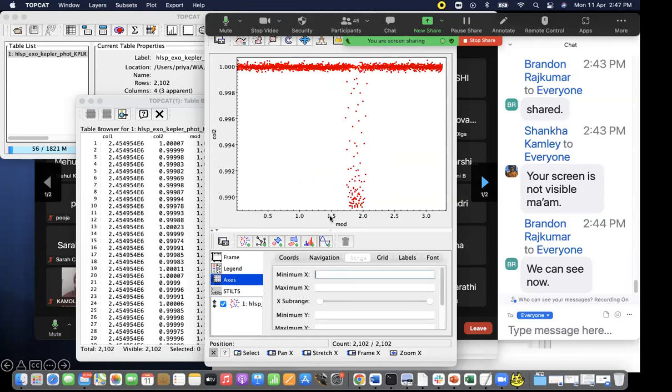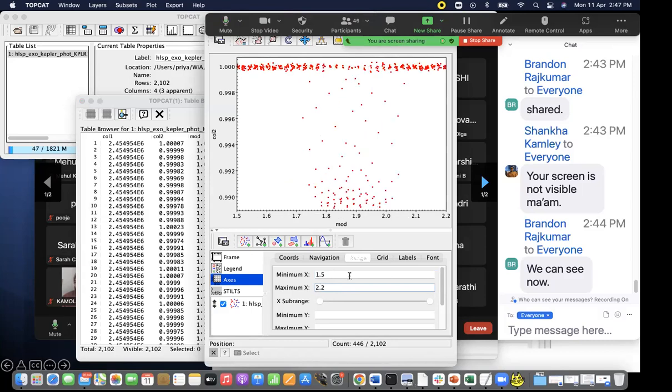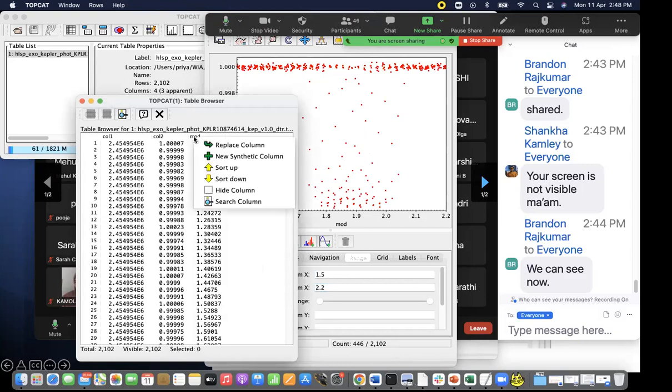Over here in minimum, you can see all your points are lying between 1.5 and 2.5. So let us take this range to be 1.5 and 2.5. I need to still improve on this, okay? So I will take this as 2.2 so that it becomes broader. But you can see that my points are still badly scattered, right? And like I mentioned, this is basically because of my bad estimation of